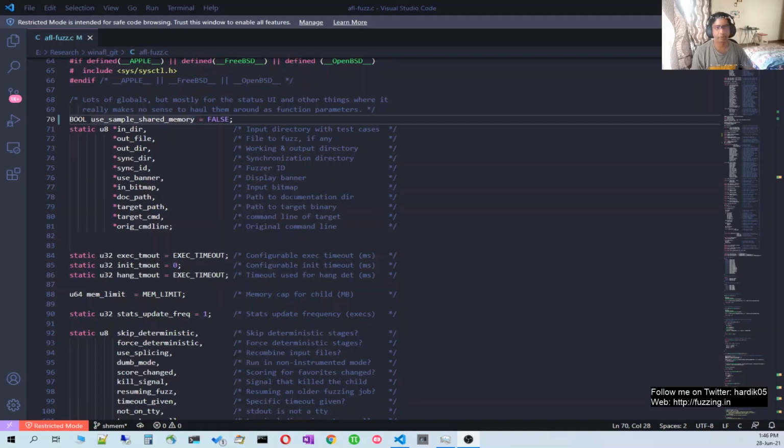So in the last few videos we have been discussing various fuzzers on Linux as well as on Windows. We have seen different fuzzers like AFL, Honggfuzz, or LibFuzzer, and WinAFL as well. And I thought it would be a good idea for us to move to the next step now, and that is modifying some of the fuzzers which we have used. So today I'm going to talk about WinAFL and how I modified it to use a new feature, what we call shared memory.